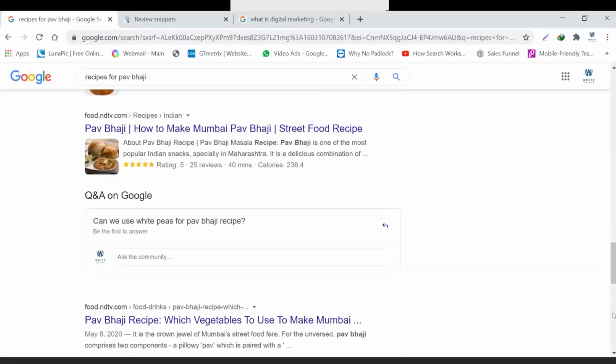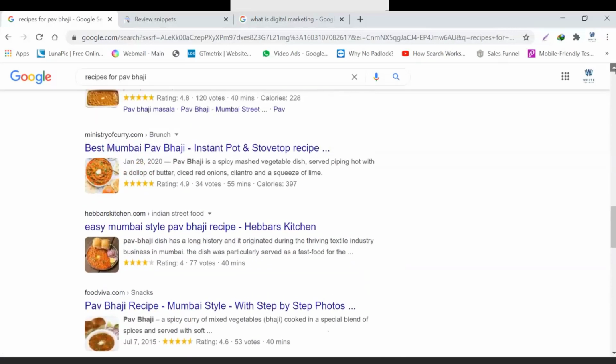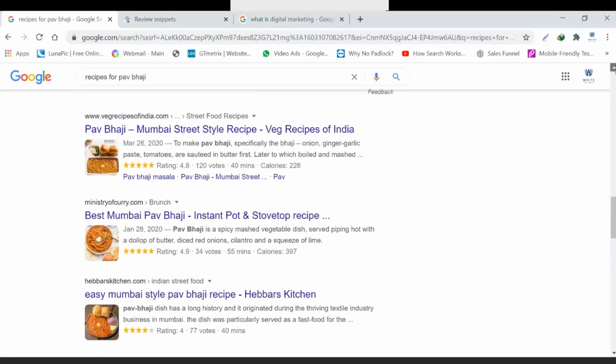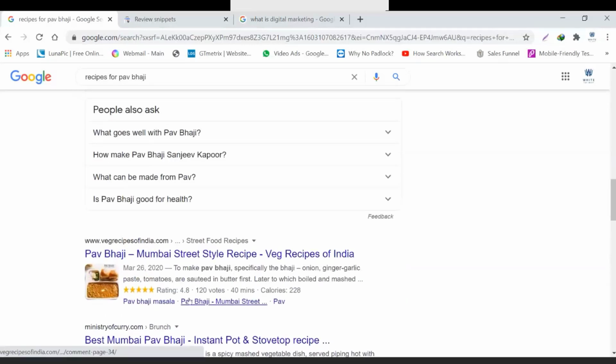Wherever rich snippets are involved, Google is going to show it. Obviously, rich snippets gain a lot of CTR. They increase a lot of CTR. Why? Because people tend to click more upon such results which give additional information, like rating, like votes, like minutes it takes to cook a particular recipe.